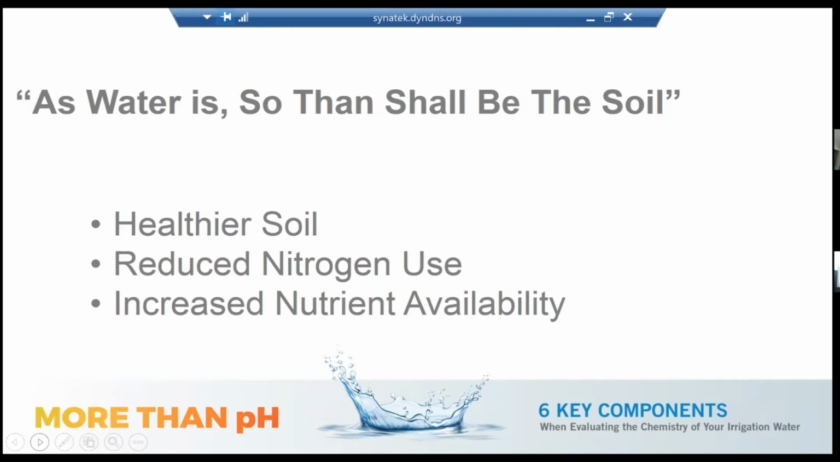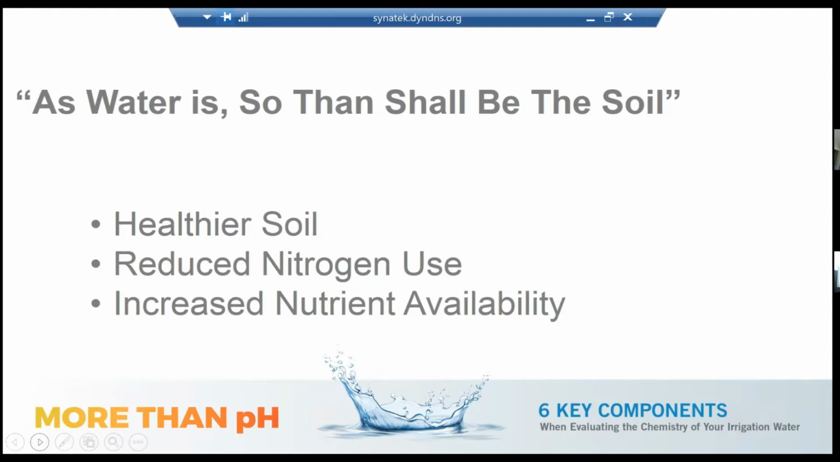Basically, what that's saying is that your water and your soil are going to mirror each other in some way, shape, or form. If your water quality is good, you're going to have healthier soil, you're going to have reduced nitrogen use, and you're going to have increased nutrient availability. If your water is compromised, then